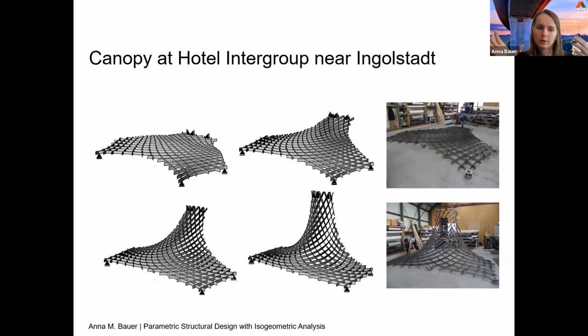And Kiwi and the parametric design could be used in order to find, first of all, this assembly of the flat grid, how to find the energy minimum in order to put the minimum amount of force into it in order to get the shape, but also to evaluate if it is even possible to twist those lamellas into the shape. So getting the evaluation, if it's even possible to have this final shape, or will the material crack,